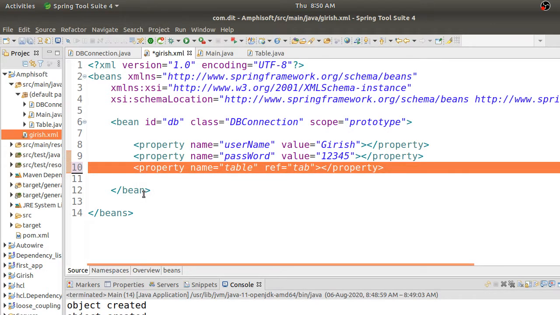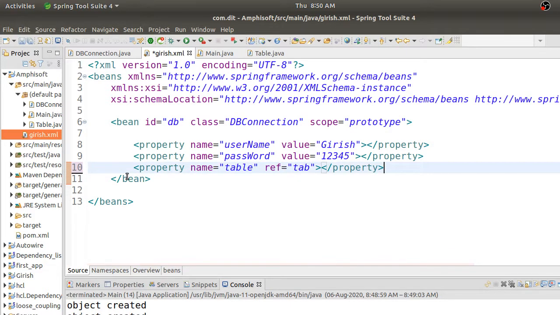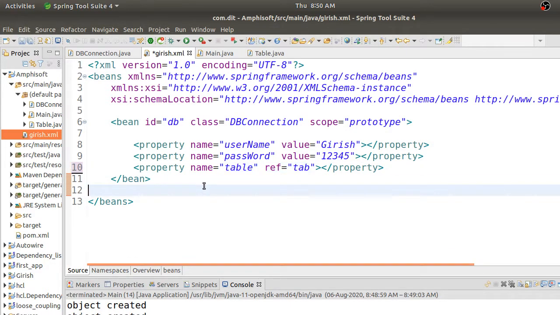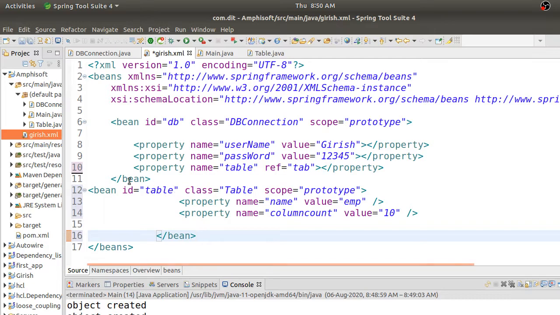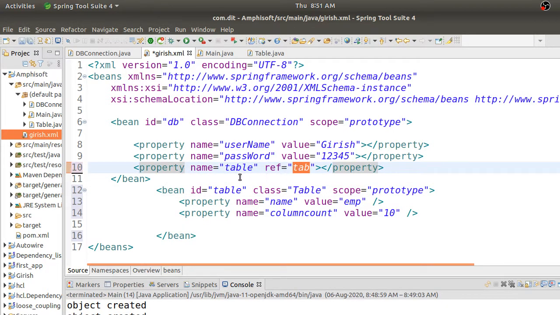So I'll go outside this bean and write this property. I will create a new bean with the bean reference ID, and this ID should be tab, because it is referring to this tab. That's it.